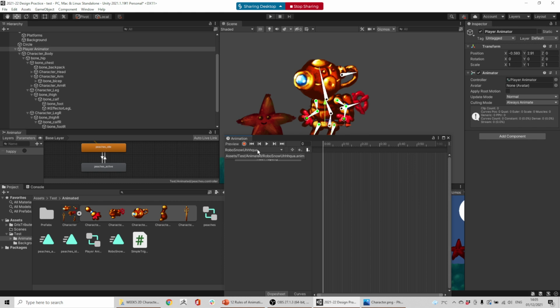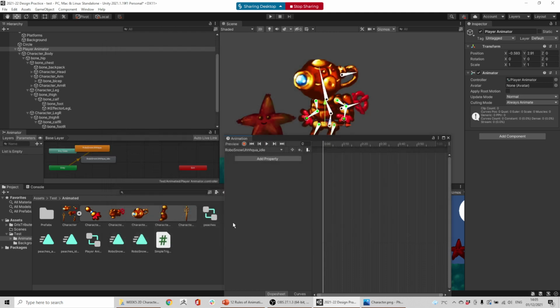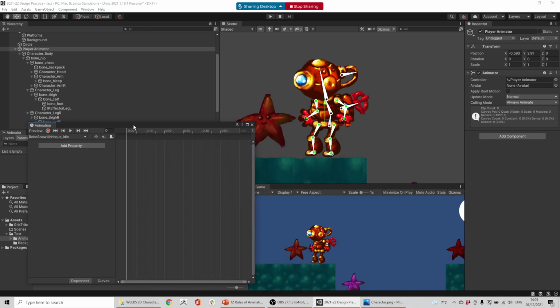Oh, I forgot to give it an idle. Okay, well, I'll just make a new clip. So I'm going to call it _idle. The reason I do this is so anytime I'm looking in the project file for animations, I can search for Robo Snow Aqua, and that will tell me that it belongs to this character. So I'm starting with an idle, which is the easiest thing, and the easiest idle to do is literally